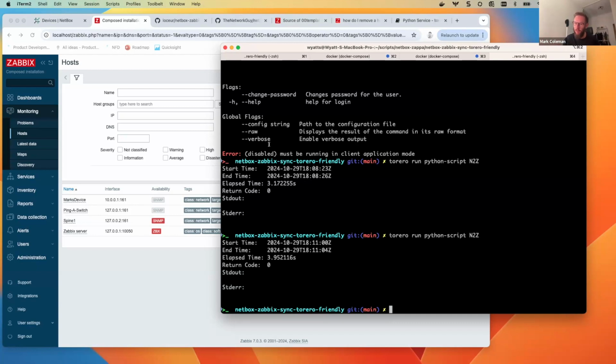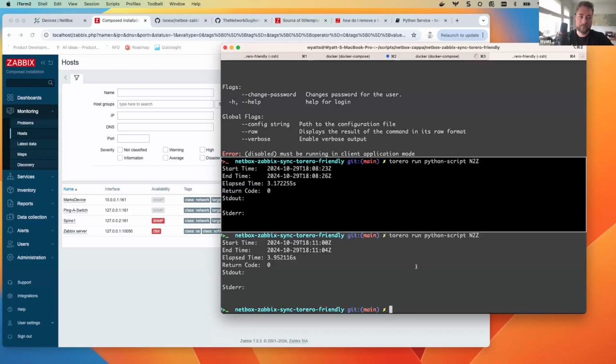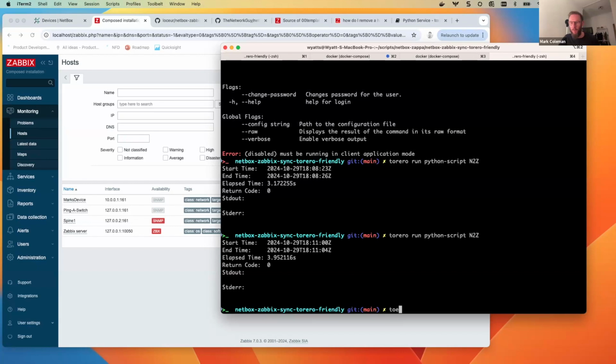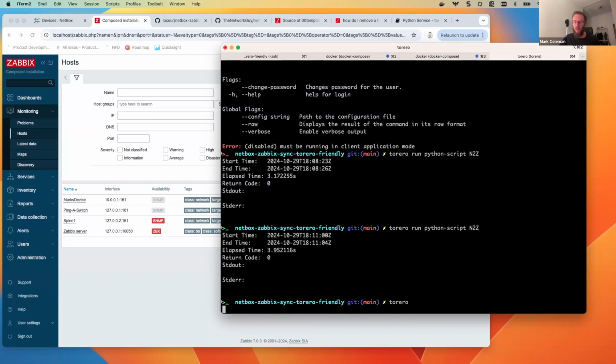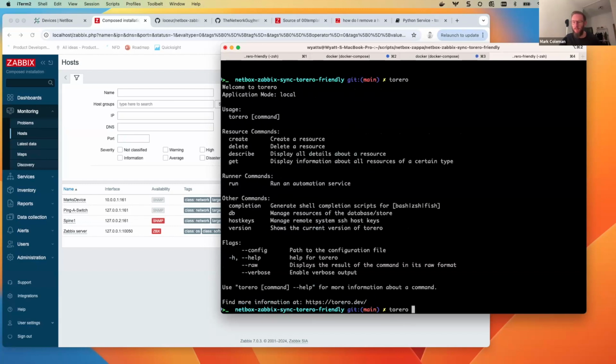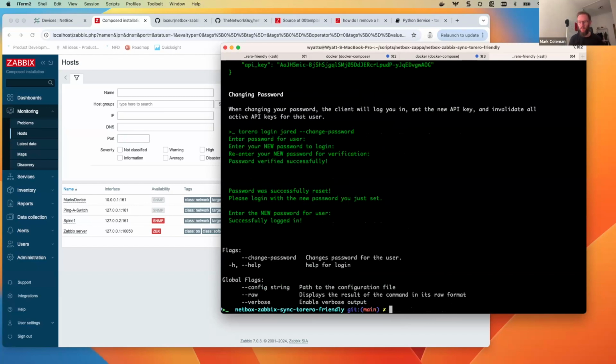I think you touched on one little thing there which I wanted to touch on a little bit more: you showed log in, log out. Yep. Now that kind of seems basic when it's just single player mode. But I think the value here is that you can have your entire team authenticated against different scripts that they're able to run through Torero. So now it's becoming a multiplayer automation scenario. Yeah, that's exactly it.